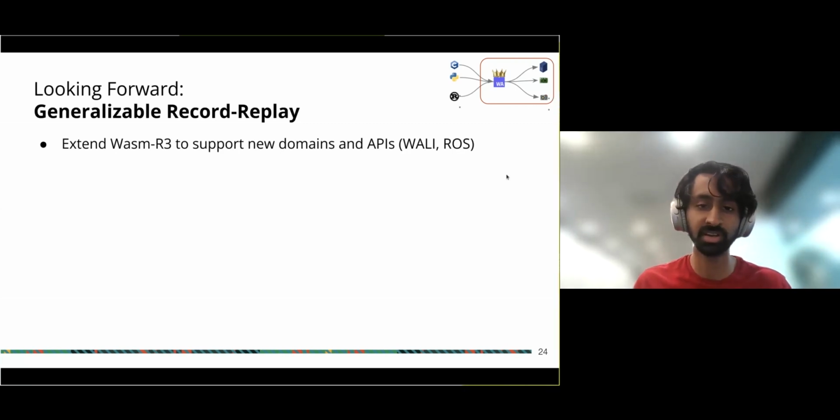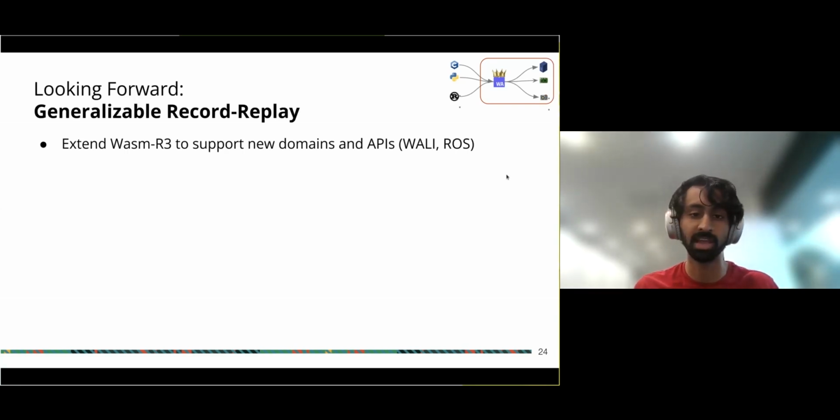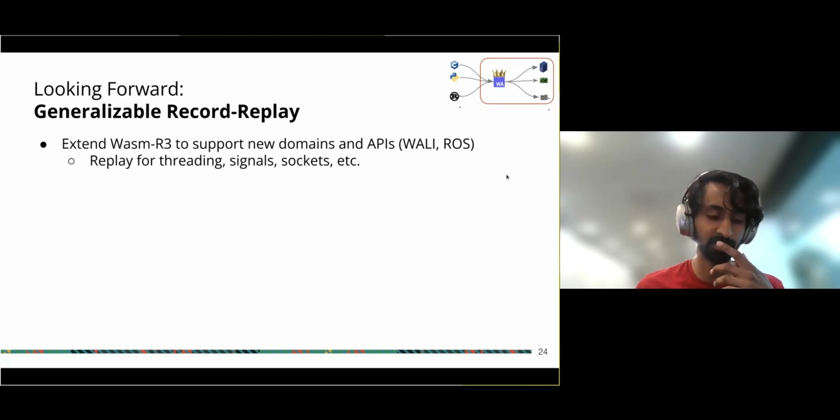One thing we have been looking at recently is extending Wasm-R3, which you heard about in the previous talk, to support new domains and APIs, potentially WALI, so you can run Linux applications that are recordable with Wasm, and maybe even Rust, which I think would be very useful for the robotics folks. This would involve doing replay for a number of additional things over what R3 currently does, for things like sockets,